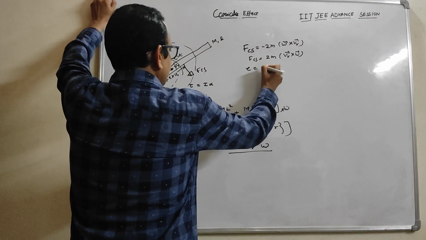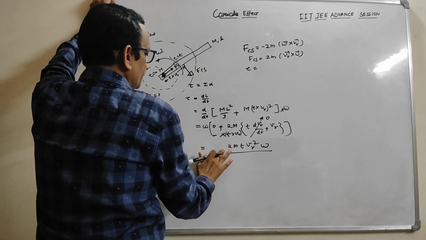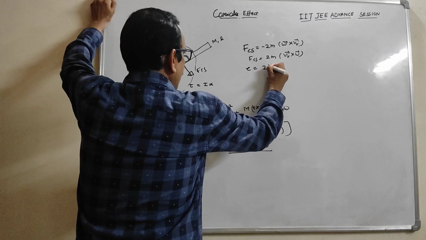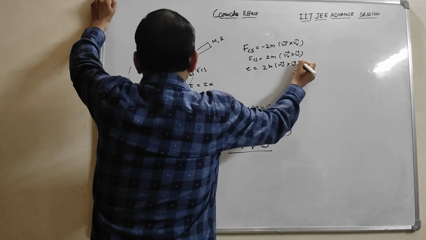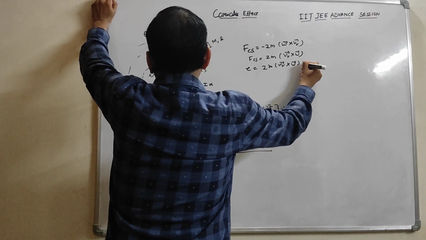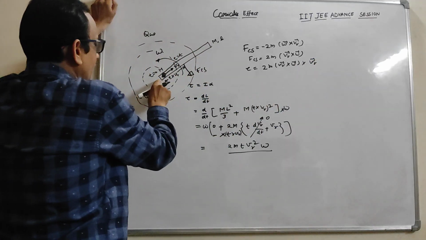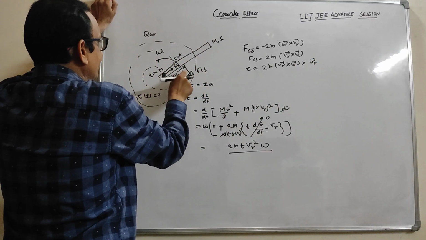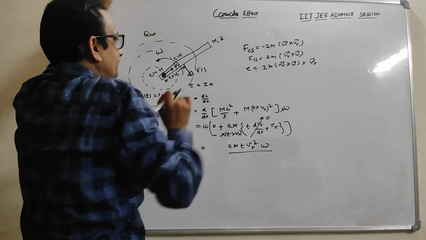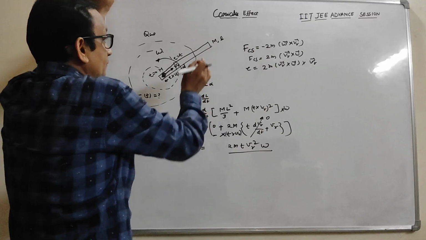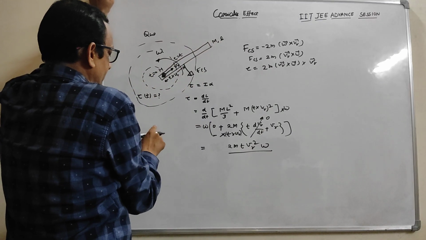So torque would be, this is another matter. This is the genuine approach. So this will be 2m Vr vector cross omega vector cross Vr. This is the radial velocity of the insect with respect to the rod. This is constant radial velocity. It is moving with constant radial velocity with respect to the rod, not with respect to the inertial frame.